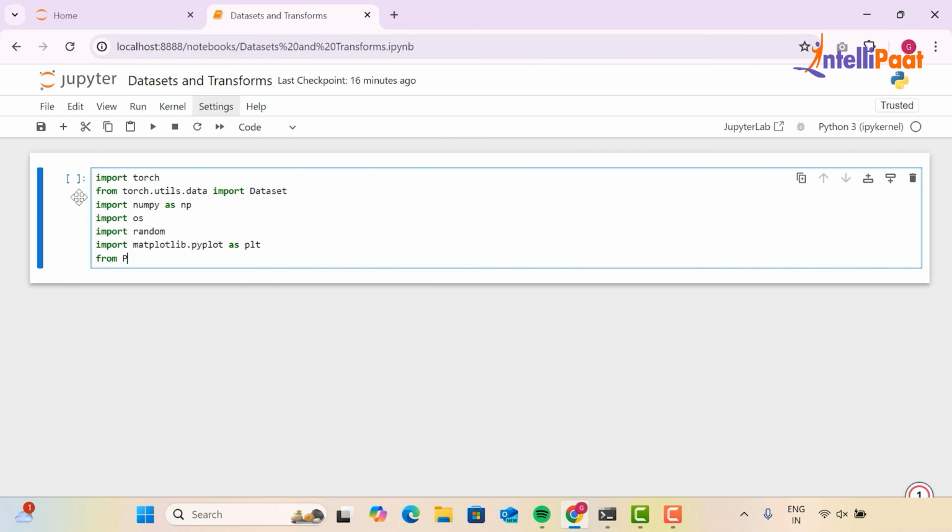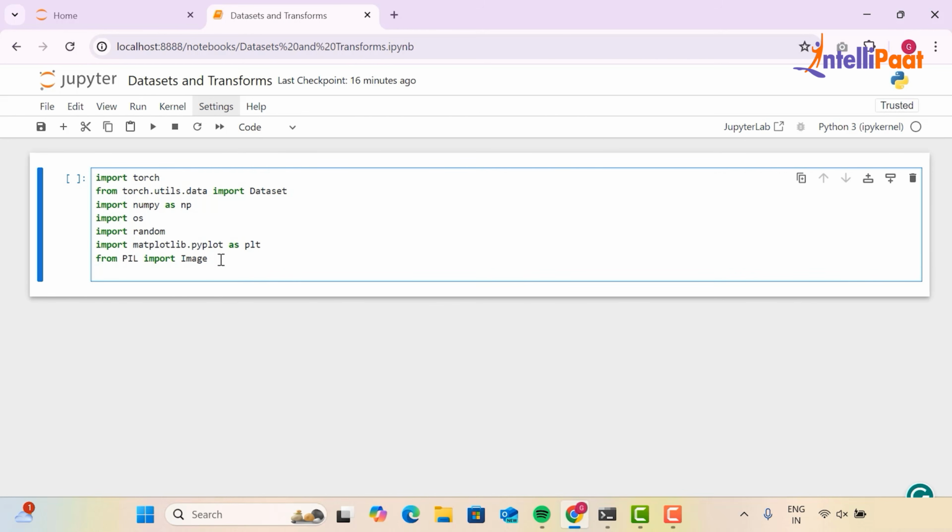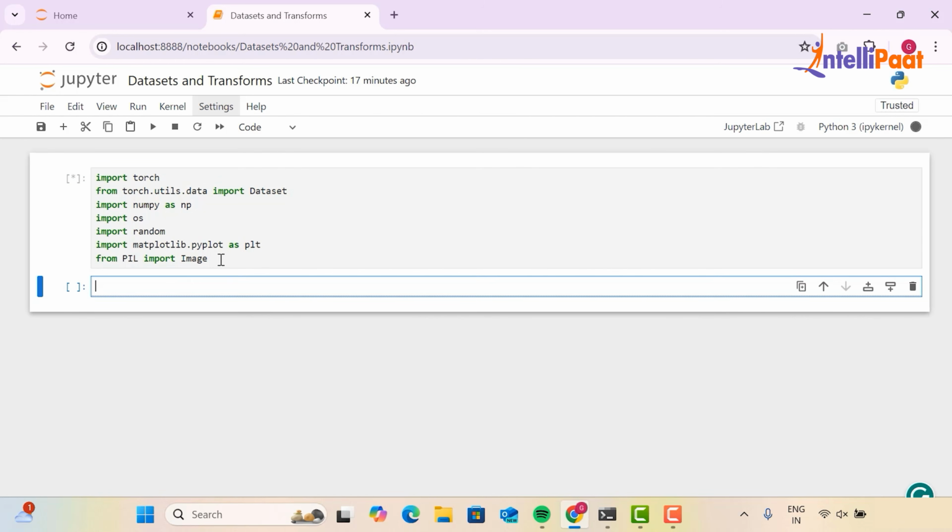And then this is a different library import. So PIL basically stands for Python Imaging Library. What PIL does is it basically processes digital images using an algorithm. Since our dataset consists of images, we will be using the PIL library. So that is it. Let's run it. It's taking a while. Okay, there.